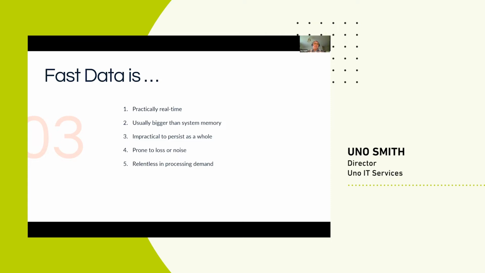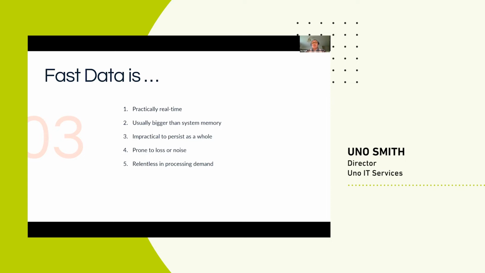Fast data is often prone to loss and noise, or interruption. If you think about something like the weather system data that comes off a satellite, there's only information available while the satellite's overhead. Same with GPS and various other bits. So you tend to get information that has gaps in it. And there are ways of dealing with that as well, and we'll try and cover a little bit of that kind of stuff as well.